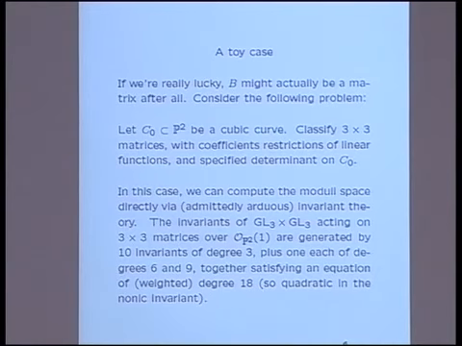And sort of the most generic way you can do that is at 9 distinct points, the rank of the matrix drops by 1, or the kernel has dimension 1. And that's, of course, equivalent to just saying what the determinant of the matrix is. So we have 3 by 3 matrices, and we've specified what we want the determinant to be on our cubic curve C0. Well, this, it turns out,